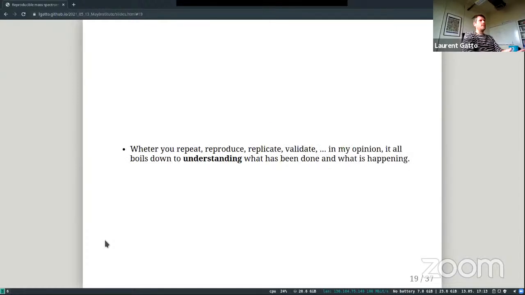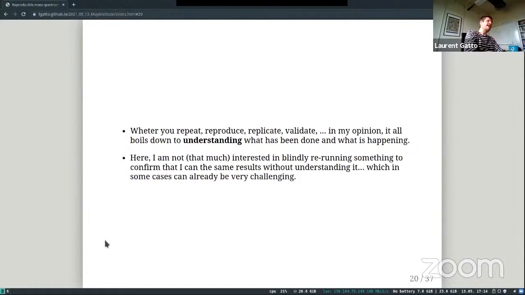So, all nice and good, but in my opinion, whether we want to repeat, reproduce, replicate, or even validate, what I think really is important is that what we should be aiming for is to understand what has been done and what is happening. It's this understanding that is the most important, and that underlies the trust in the research we read or the research that we do. And so here, I'm not that much interested in blindly rerunning something, simply to confirm that I get the same result without necessarily understanding it, which again, in some cases, is not easy at all. And I'll get back to that a little bit